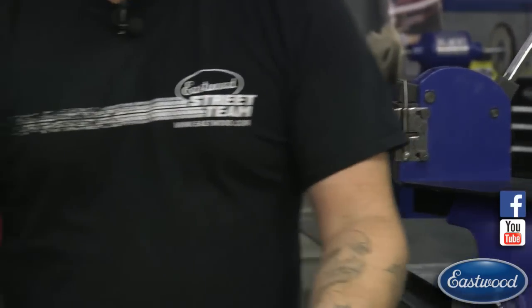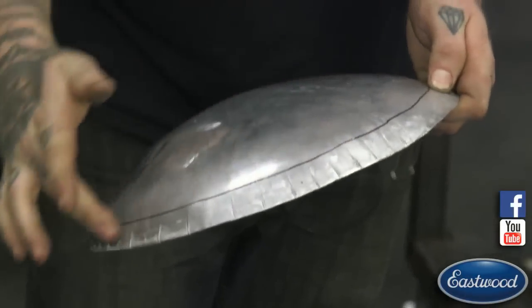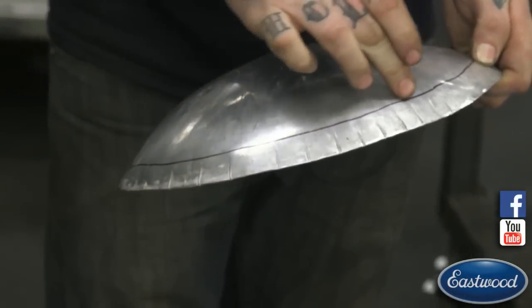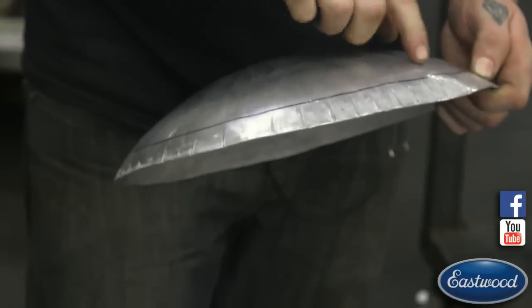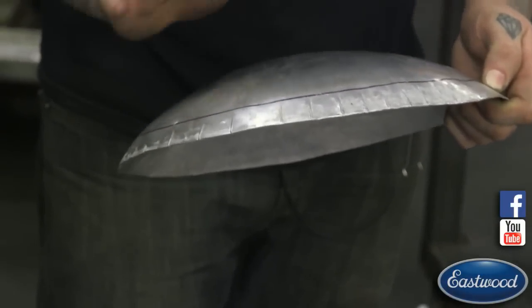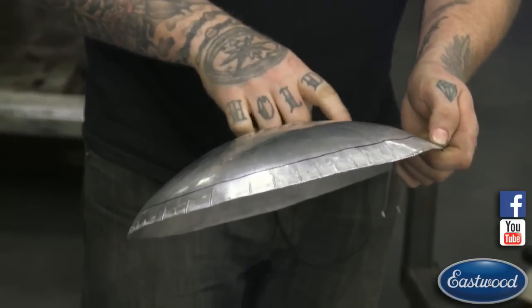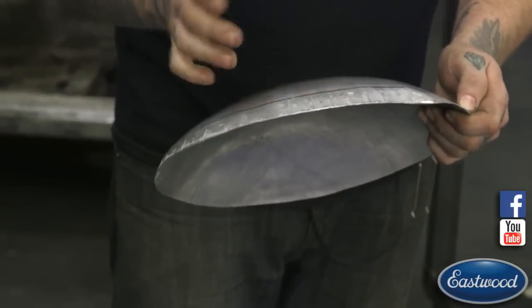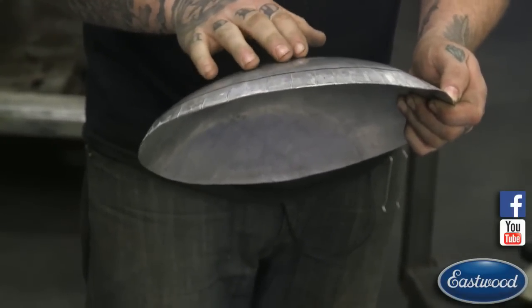So now you can start to see this edge here. Now that I have that line that I drew, we can just keep following that line. That's going to give us, not a hard bend, but where it really starts transitioning, it's going to give us a line all the way across. And if you want to get rid of that, I mean, it's not a real hard line, but if you want to smooth that out a little more, you can put it in the English wheel and we can roll it